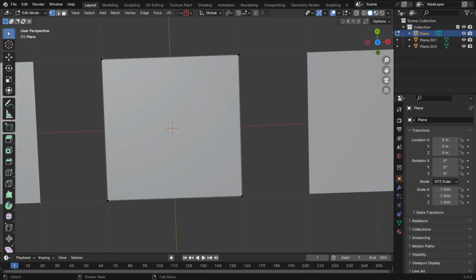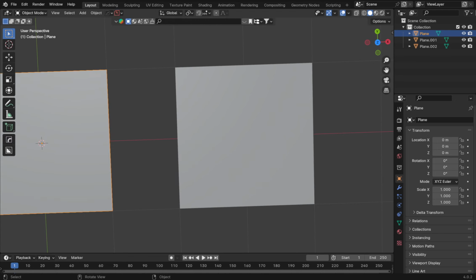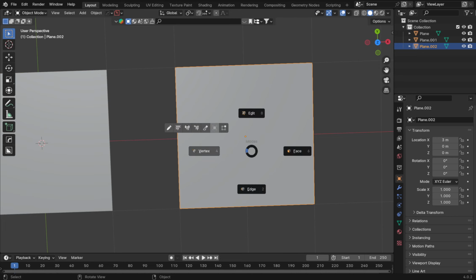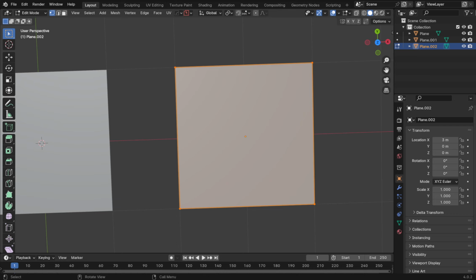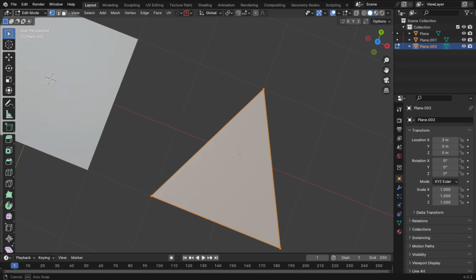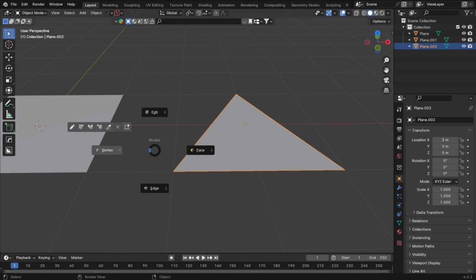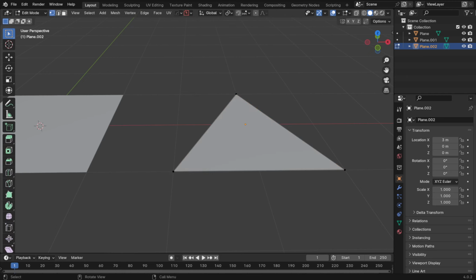well, first of all, before we go further here, I'm going to do something with this one. I'm going to make it a triangle by merging these two, collapsing them like that. So this one is comprised of 3 vertices. And this other one here, got to flip between the modes here. This one is comprised